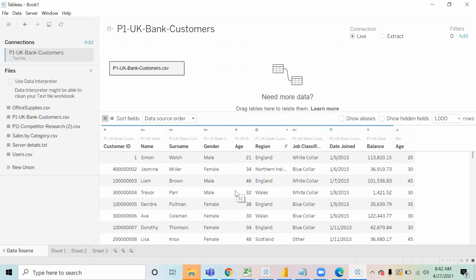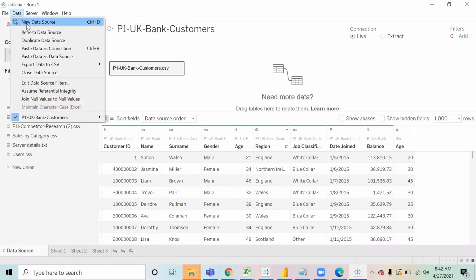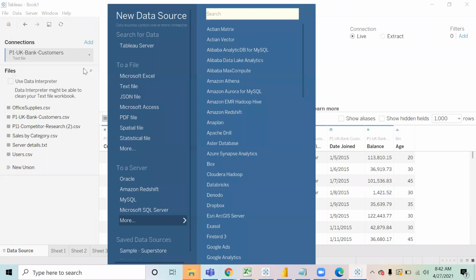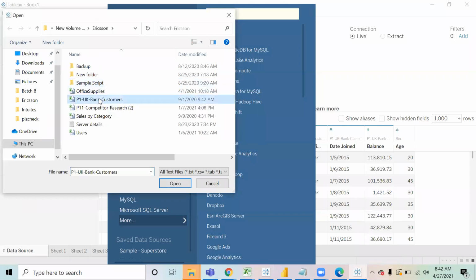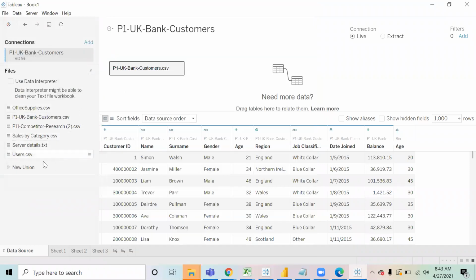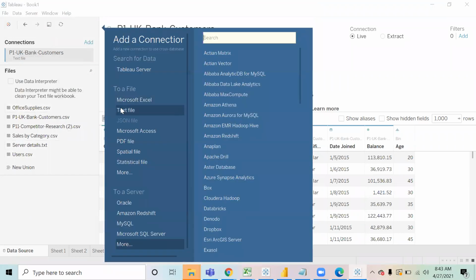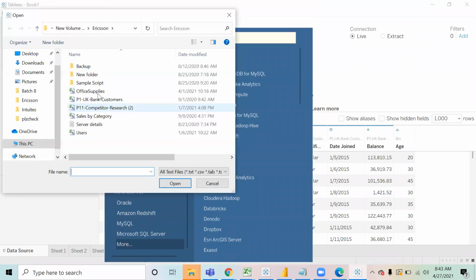Yes. So what you can do is just add a connection. You can bring that new file also. You can click on the new data source and connect to that file. Like for example, in this case, if I again connect to that file, I bring the UK office supplies over here, and you can add it below this. So you can append the data also if you want. Or you can just click on add over here, click on text file, and bring that file over here. This is a new file.